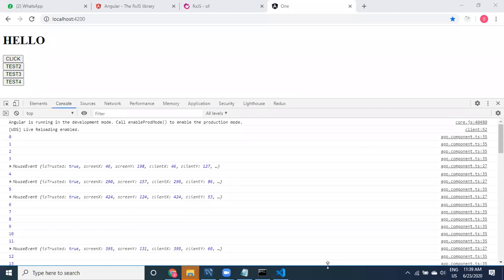Mahesh, this is a question for you because you asked me one question. From event, you are asking whether it runs whenever you click on it. Actually, what's happening internally? When I click on test 3, after clicking on test 3, the observable started.